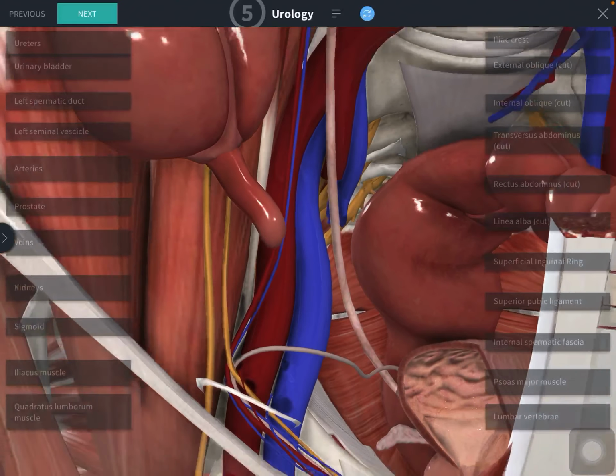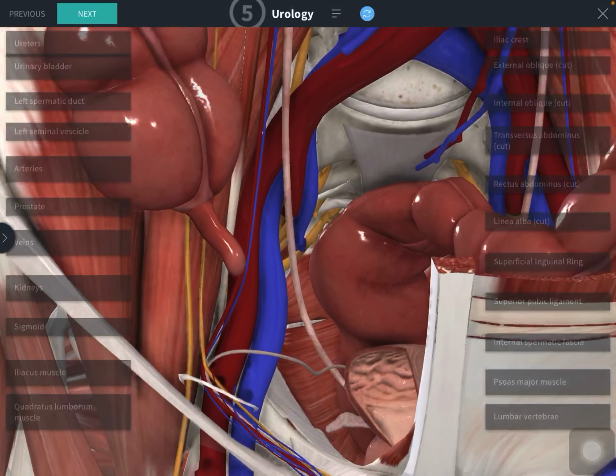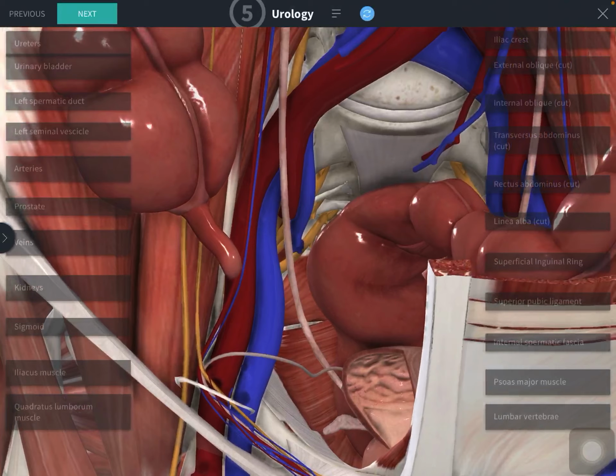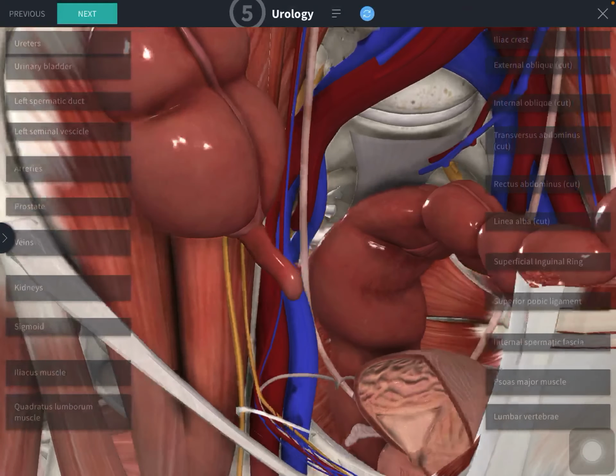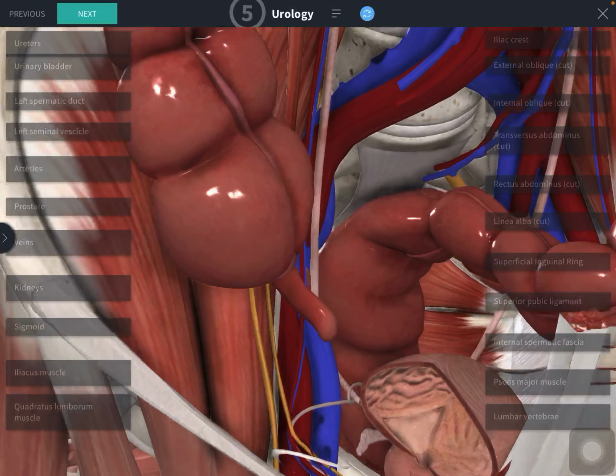In female, lower attached margin of the broad ligament of the uterus, they are the above relations, and uterine artery. Below, Mackenrodt's ligament, lateral fornix of vagina, and levator ani muscle. So in male, only levator ani muscle below. Here, Mackenrodt's ligament and lateral fornix of vagina. Medially, supravaginal part of the cervix, which lies about 2 centimeter medially.